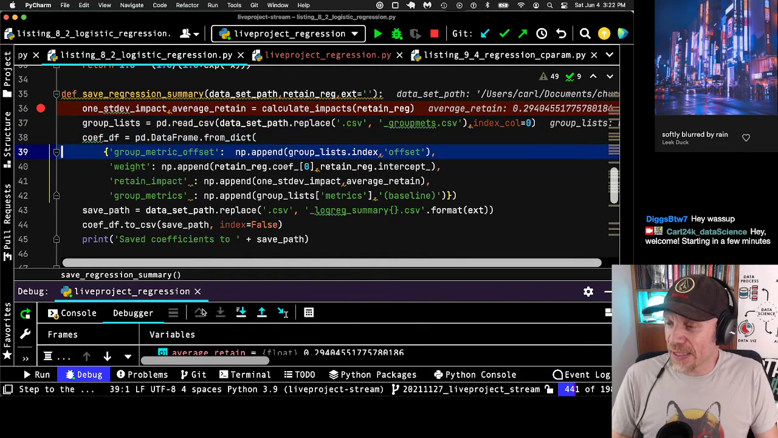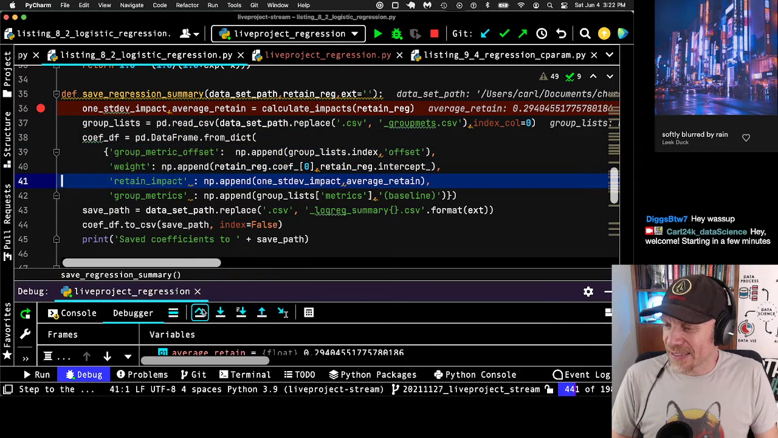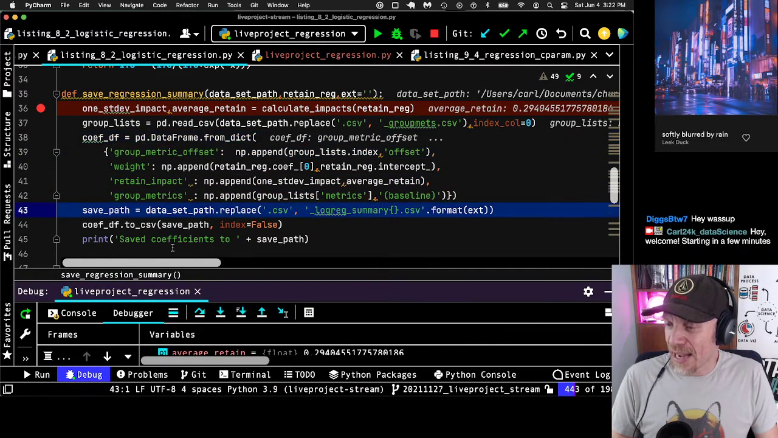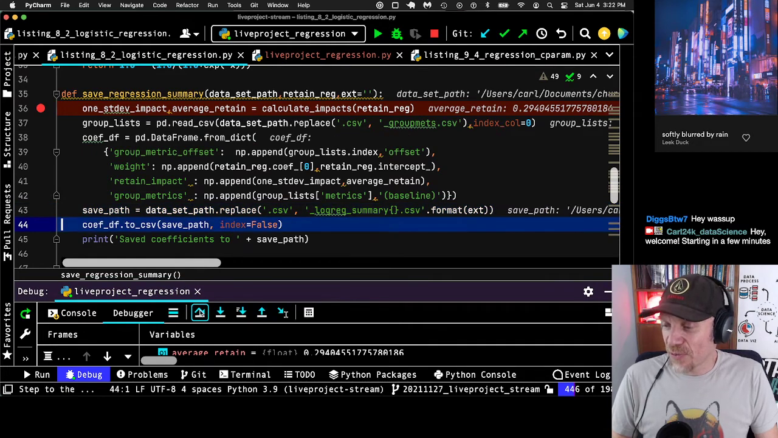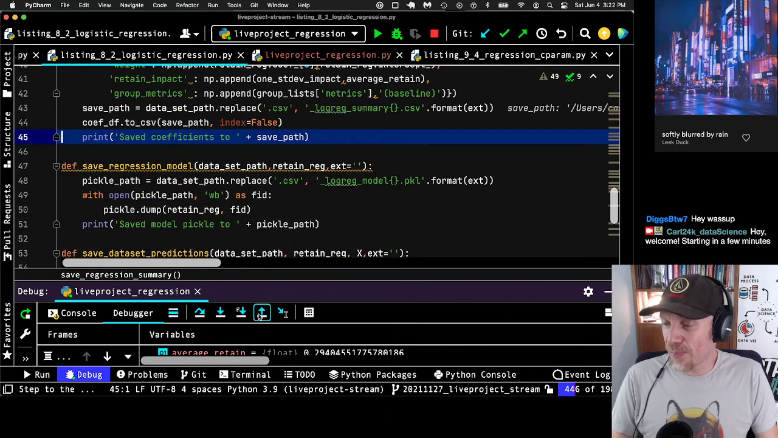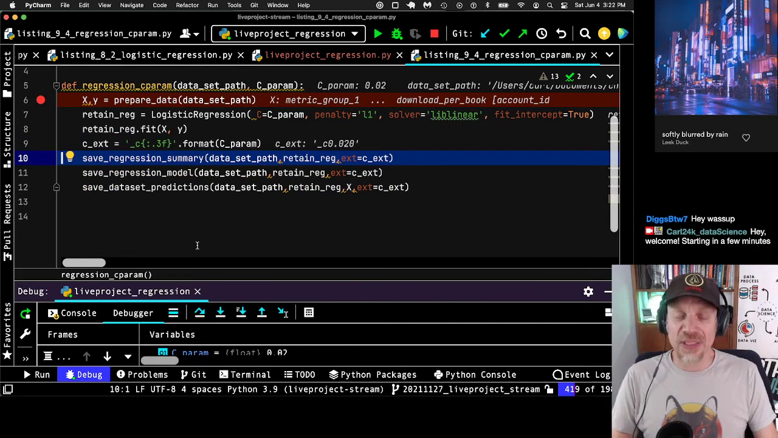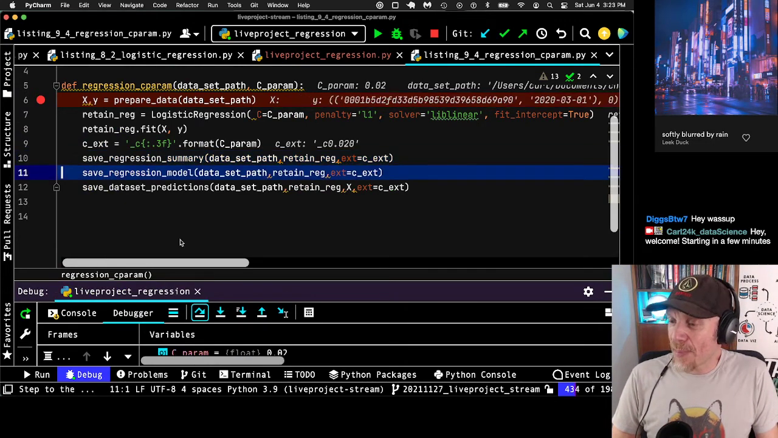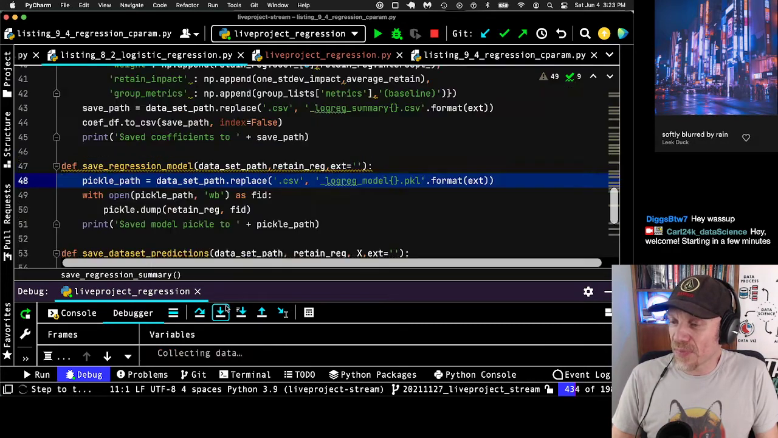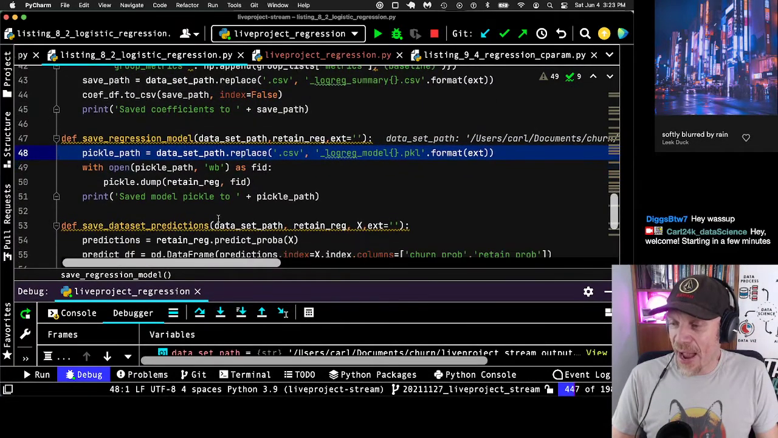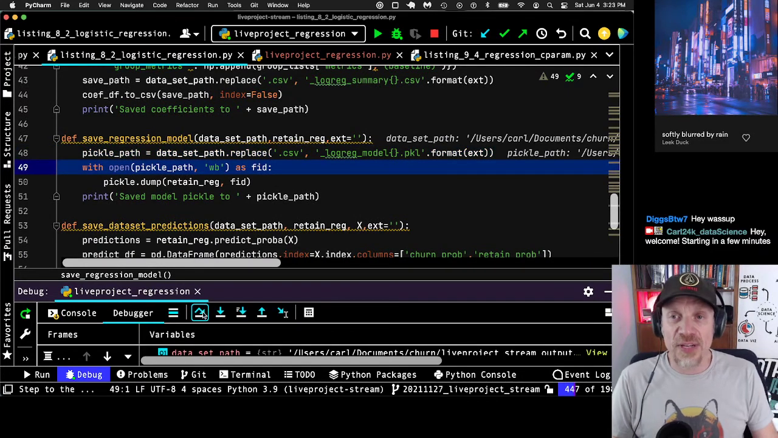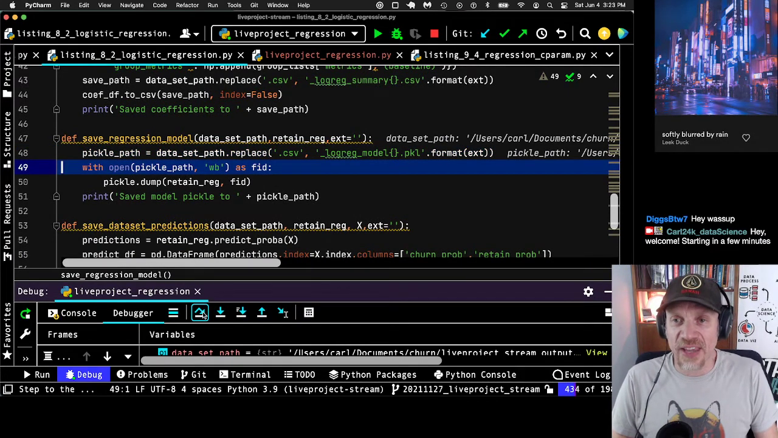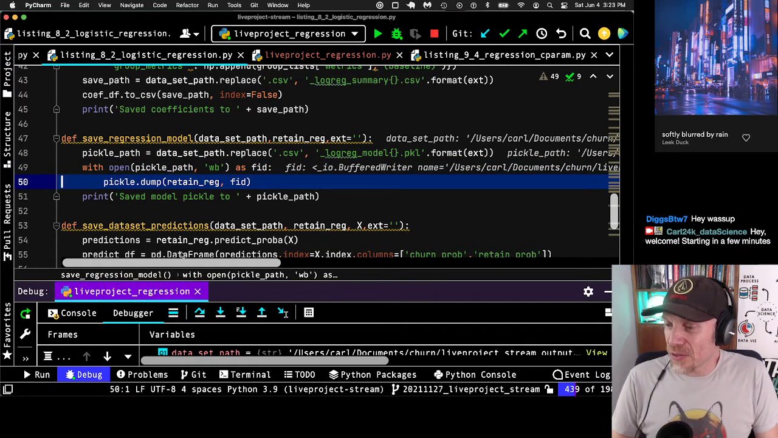This is making a data frame of the coefficients and saving them. So it's saving my summary, which is also going to help finish this milestone, because I'm supposed to look at the coefficients to finish the milestone. And here I'm actually going to save the regression model. This one is simpler. I'm just saving a pickle. If you're not familiar with pickle, it's the standard way to save Python objects. So this does the pickle dump